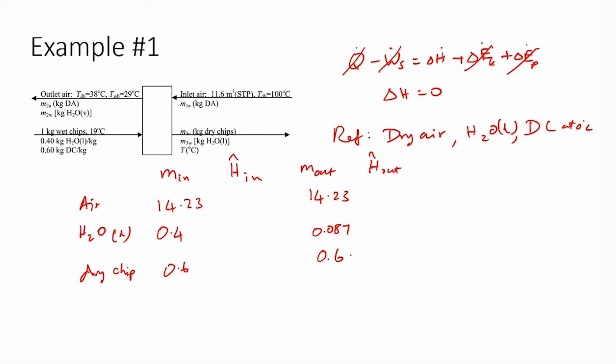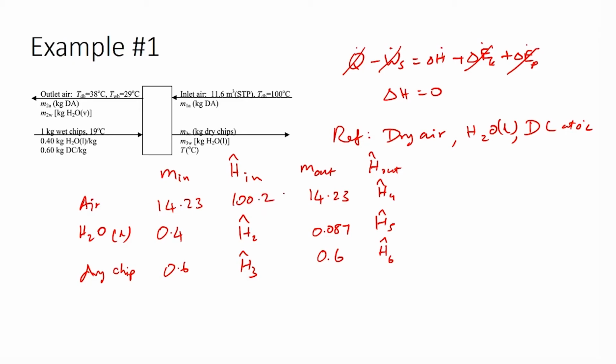Since the reference states are at 0 degree Celsius and none of the inlet and outlet conditions are actually at 0 degree Celsius, we have to calculate all these enthalpies: H1 cap, H2 cap, H3 cap, H4 cap, H5 cap and H6 cap. So, now let us see if we can find out the enthalpy values for all these specific enthalpies. H1 cap would be integral Cp dT, using Cp of air as 1.002 kilojoules per kilogram degree Celsius. We can calculate this for 0 degree Celsius to 100 degree Celsius